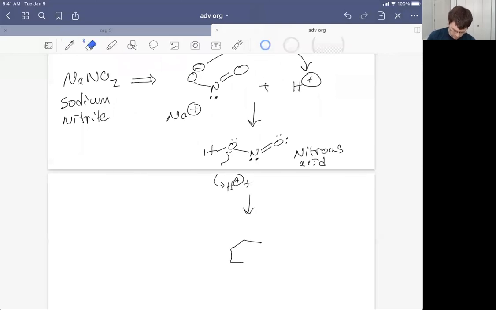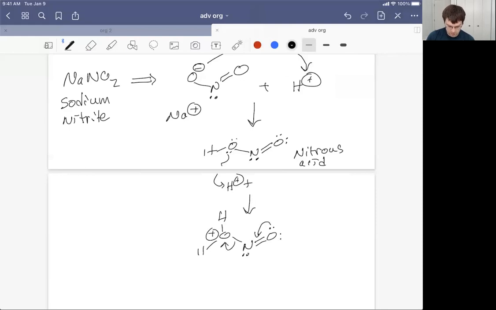Whoops. I just had like a weird version of a brain lapse there. Started trying a different mechanism. Okay, back to it. The oxygen has a positive charge now because it's accepted a second hydrogen because we have strongly acidic conditions. Now the oxygen can push off the H2O to give rise to this structure,